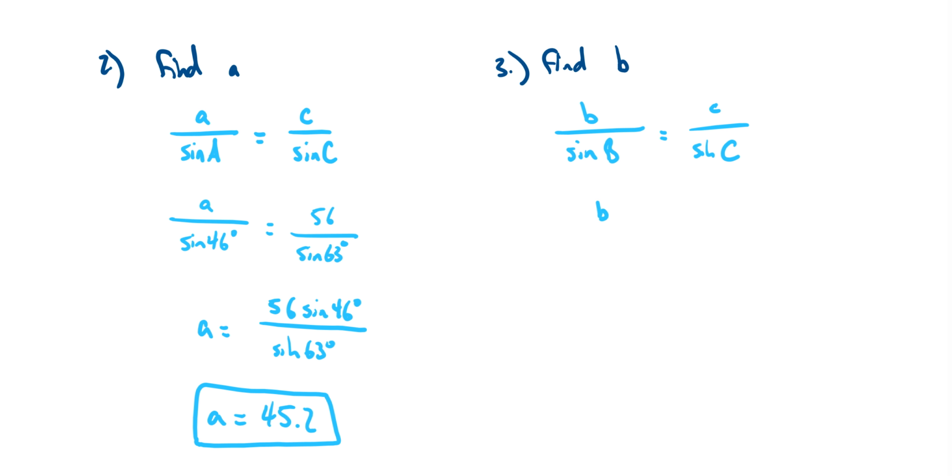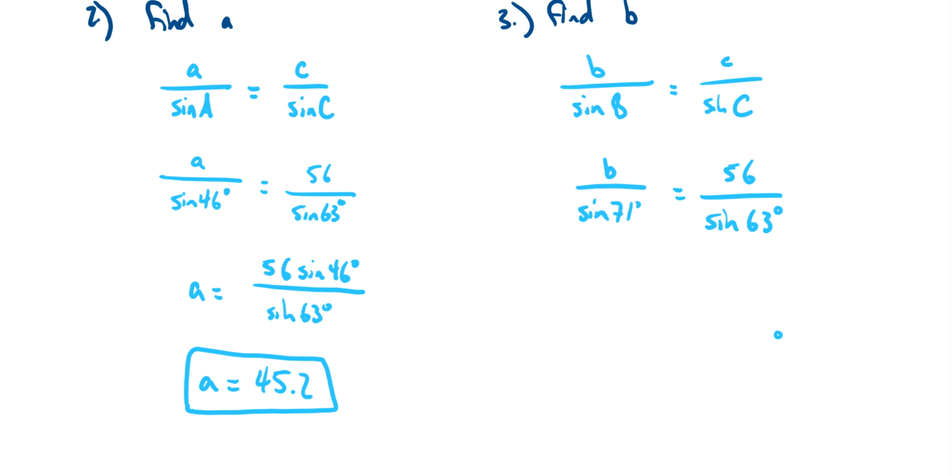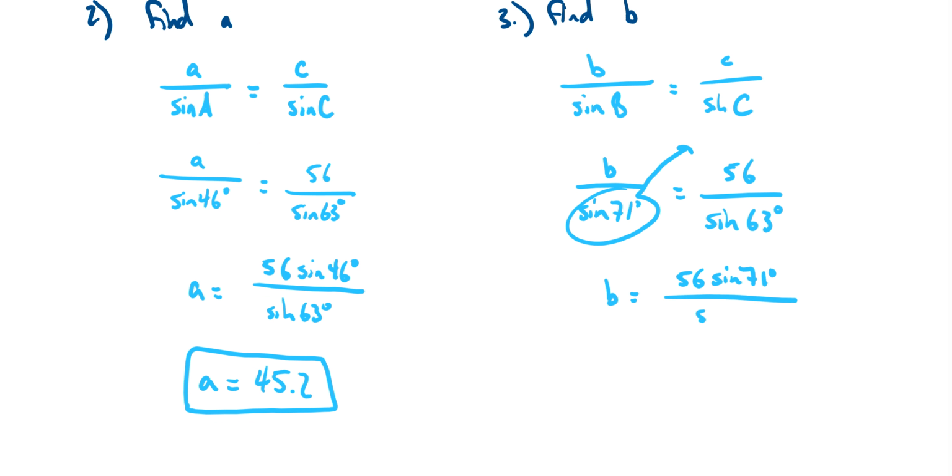So now we can go ahead and plug everything in. That's going to be B over sine of 71 degrees equals little c, 56, over sine of angle C, so sine of 63 degrees. And you basically just solve this the same way we just solved the one on the left. We're going to multiply sine of 71 degrees on both sides. So 56 times sine of 71 degrees over sine of 63 degrees. Plug this in the calculator. I'm going to round this to the nearest tenth once again. And we end up getting about